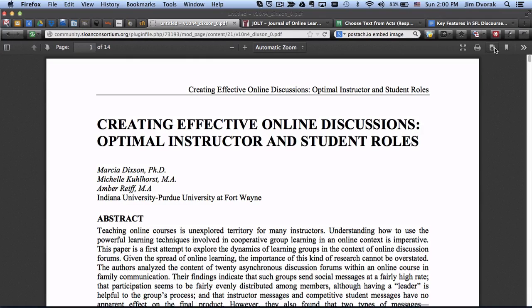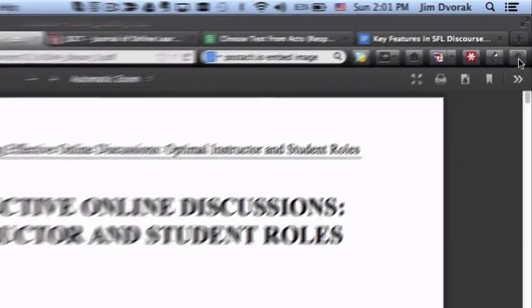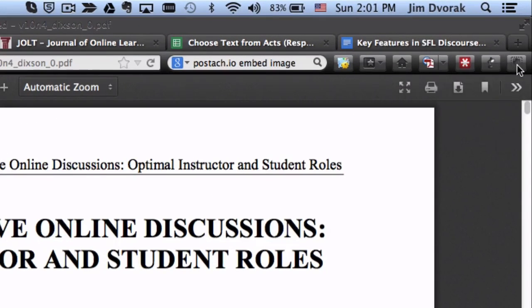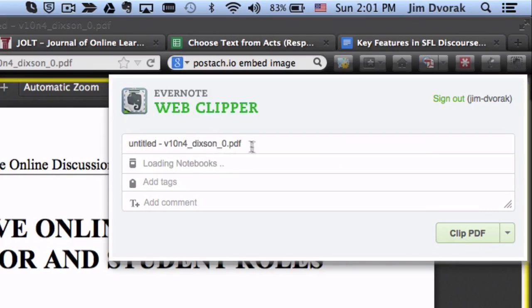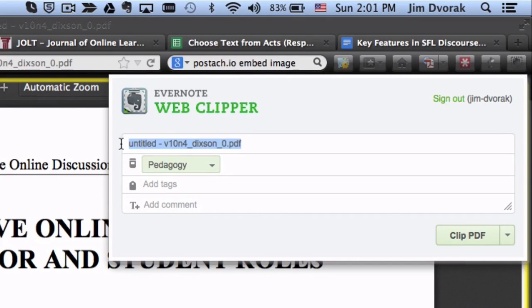I could simply download this PDF, but that adds an extra step for me because I like to keep all these in Evernote so I know right where they are, rather than on my file system on my hard drive or in the cloud or in the wherever. I like to put them in Evernote and keep them there. So what I do is when I come to a page with a PDF on it, I come up and click my Web Clipper button, and I can put in a title if I need to,